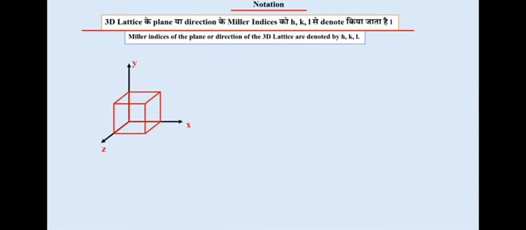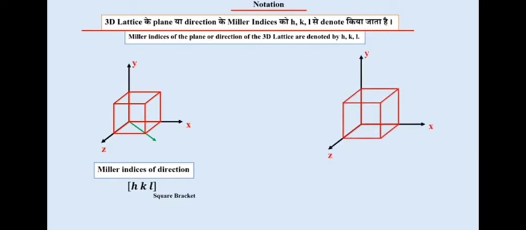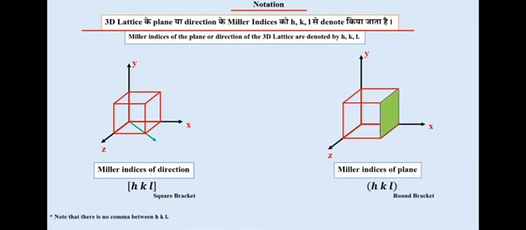जब हम किसी लैटिस पॉइंट के डायरेक्शन के लिए मिलर इंडिसेस लिखते हैं तो उसे स्क्वायर ब्रैकेट में डिनोट किया जाता है। वहीं अगर हम प्लेन के मिलर इंडिसेस लिखते हैं तो उसे राउंड ब्रैकेट में डिनोट करते हैं।